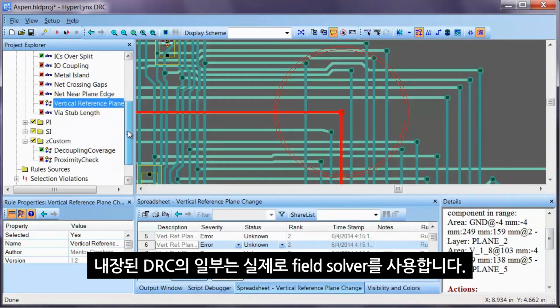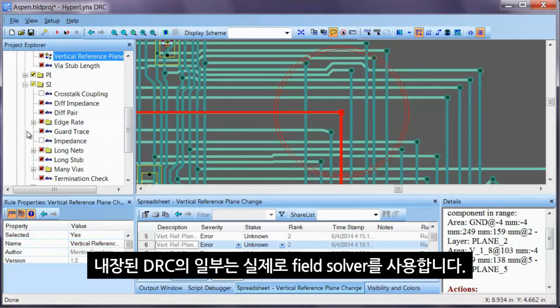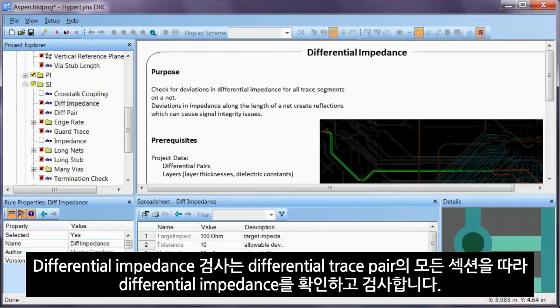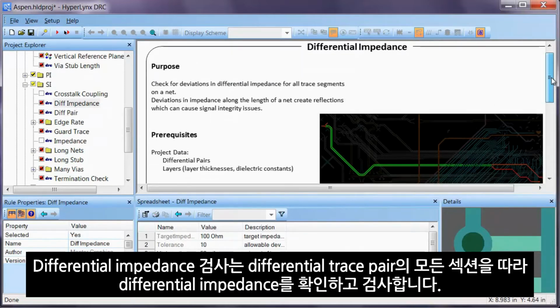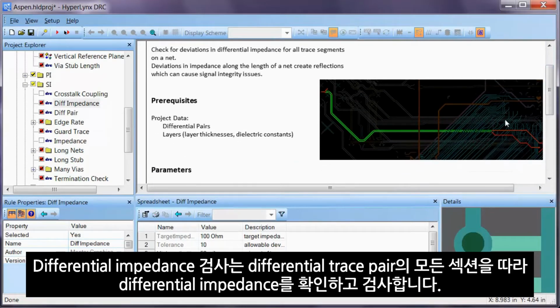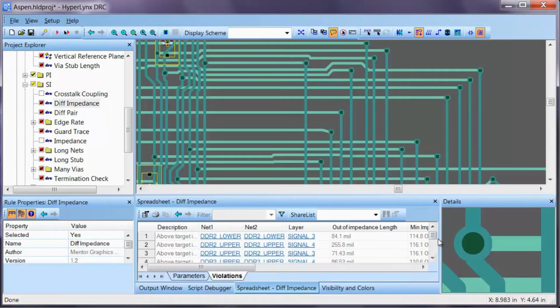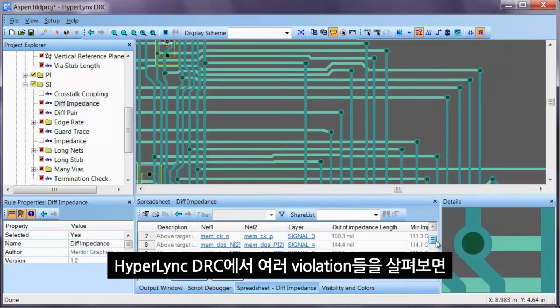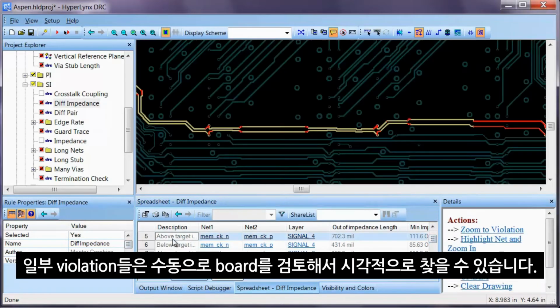Now, some of the built-in DRCs actually use the field solver. So this differential impedance check will go through and actually check the differential impedance along all the different sections of a differential trace pair. So if we go through the different violations here, we can find things that, some of which you might be able to see visually by reviewing the board manually,